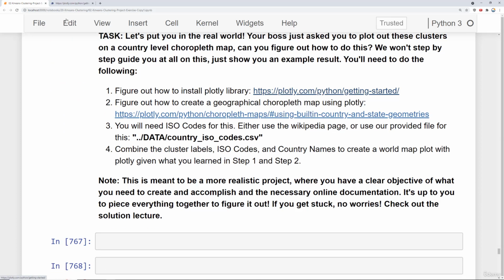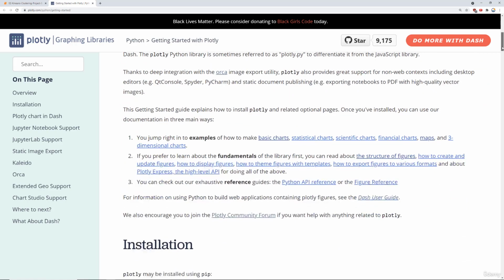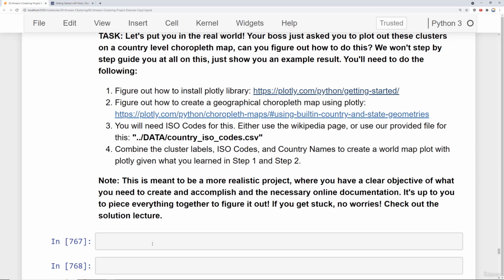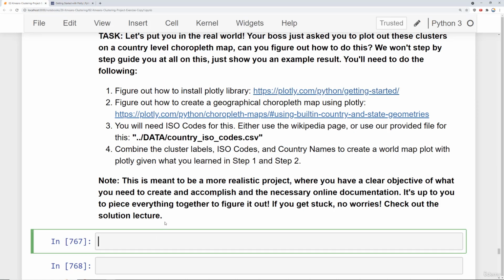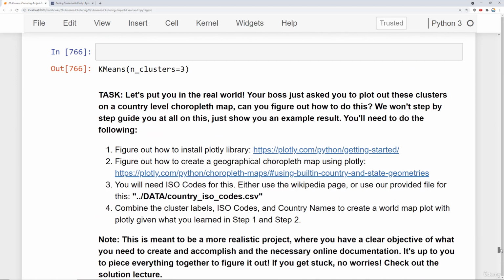I have this link on getting started. It's actually super easy. You can just do a pip install. So there's a lot of different instructions here on different ways you can install it, but probably easiest is to either use pip install or conda install, or if you really want to, inside the Jupyter Notebook yourself, you can say !pip install plotly, run that, and it may take a few minutes, but it should actually be able to install it directly from your Jupyter Notebook. I already have it installed, so we're going to skip that step and move on to step 2, which was